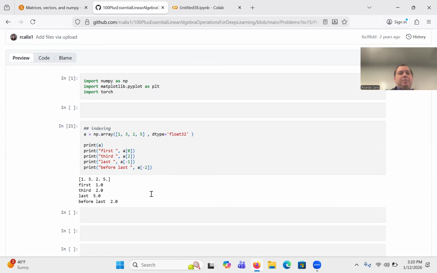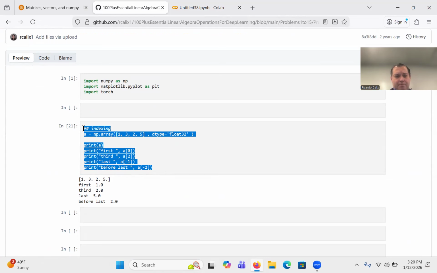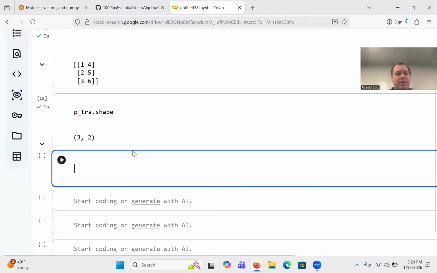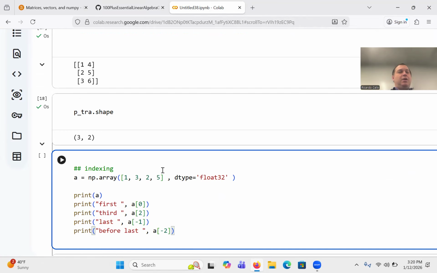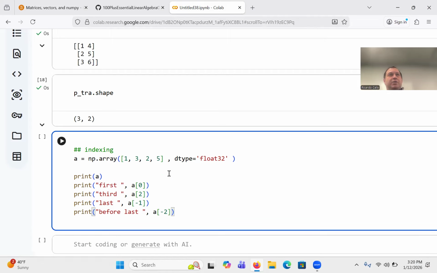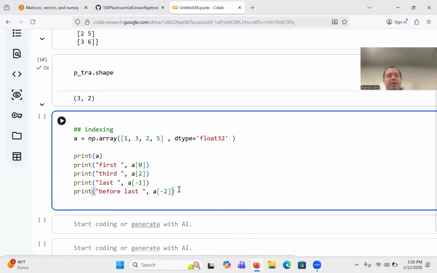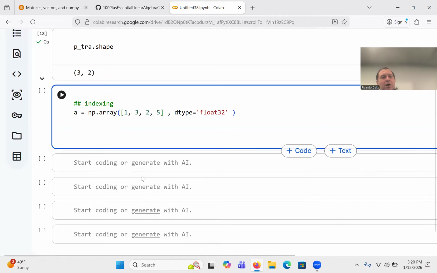So this is indexing, selecting values from an array. So let's try this one. Sometimes you will need to get values. Maybe when we do KNN, we're going to have a sequence of answers, then we need to rank them, and then we need to pick the top 3, right? And we need to do that efficiently. So we're going to need to understand how to do indexing and slicing from NumPy arrays. So this is indexing. You can see here I'm creating